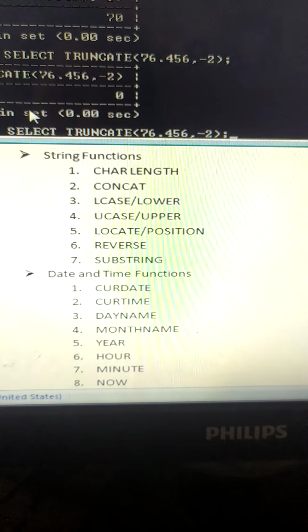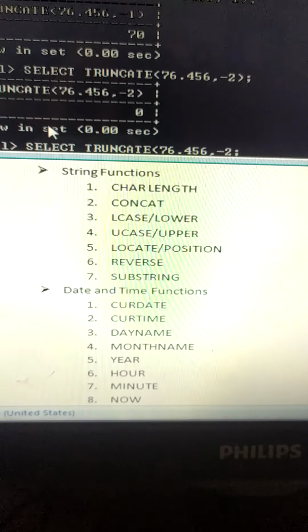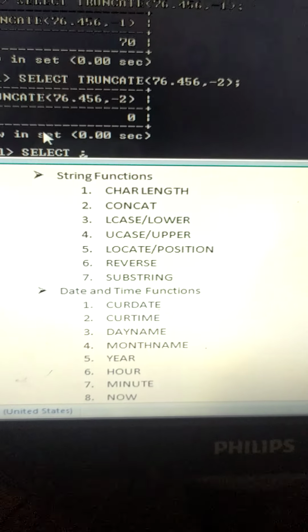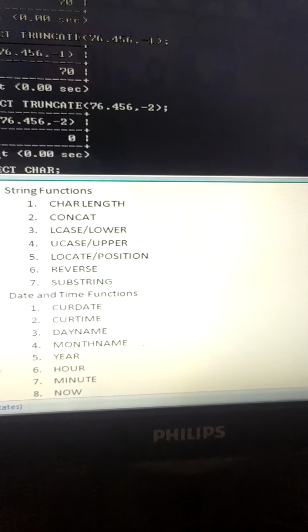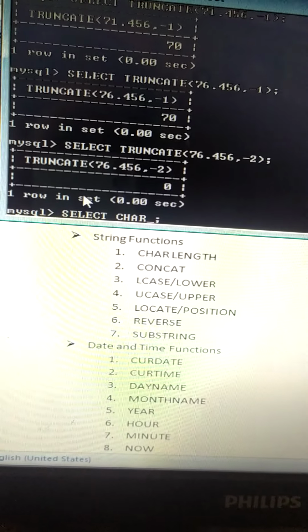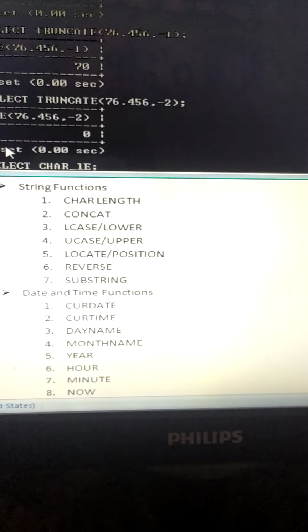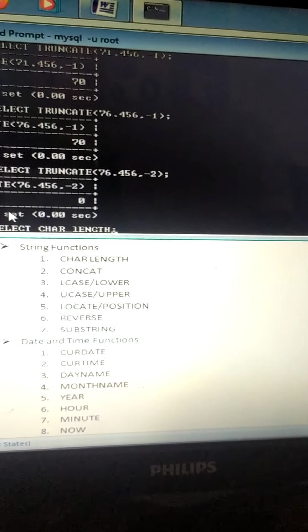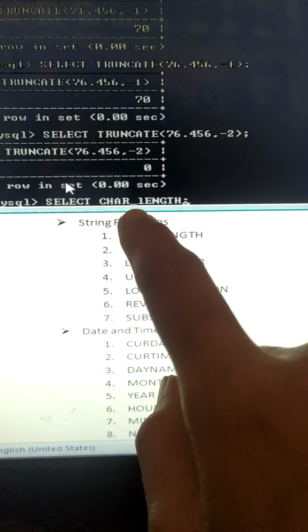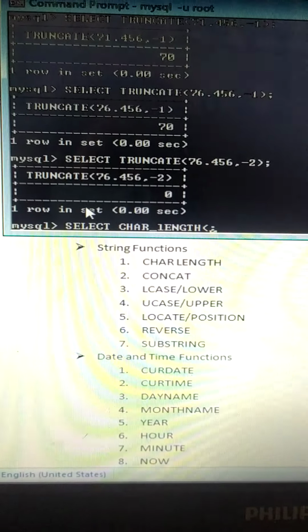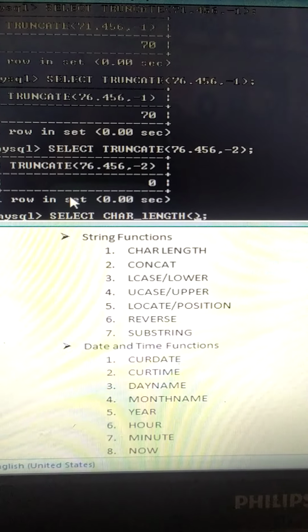So suppose select char underscore length, and then we'll have to give a string.